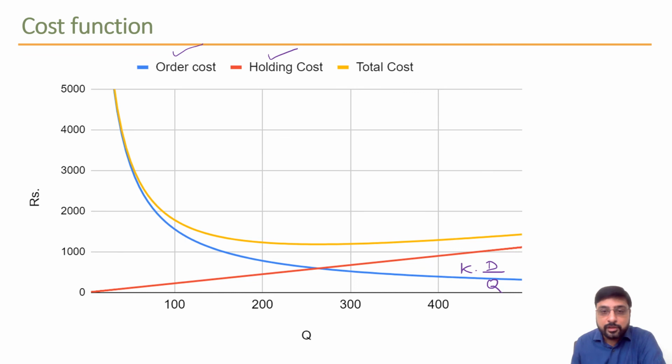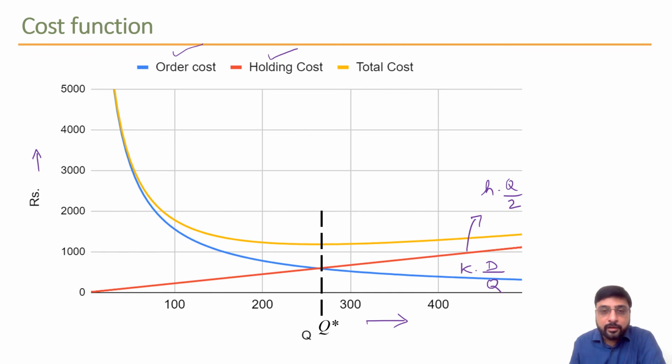Here in this graph you see Q on the x-axis and the total rupee value on the y-axis. As Q becomes large, your order cost is going to fall down because you're going to make fewer orders in that year. The red line here represents your holding cost, which is nothing but H into Q by 2. It is directly proportional to the order quantity Q, so as Q increases, this increases linearly. Our economic order quantity is at exactly the point where your order cost equals your holding cost. That's represented as your Q star.